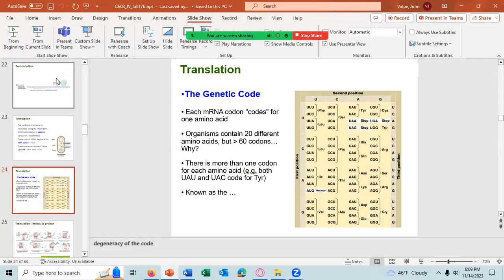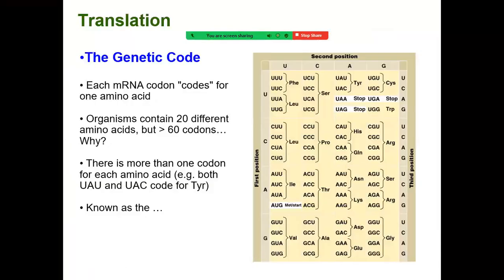Let me blow this up so I can see it further. There's only 2 amino acids which have one codon. Of course, there's methionine, which the only codon that codes for it is AUG. And then the other is tryptophan. You don't need to know that, but the only codon that codes for tryptophan is UGG. All the other amino acids have 2